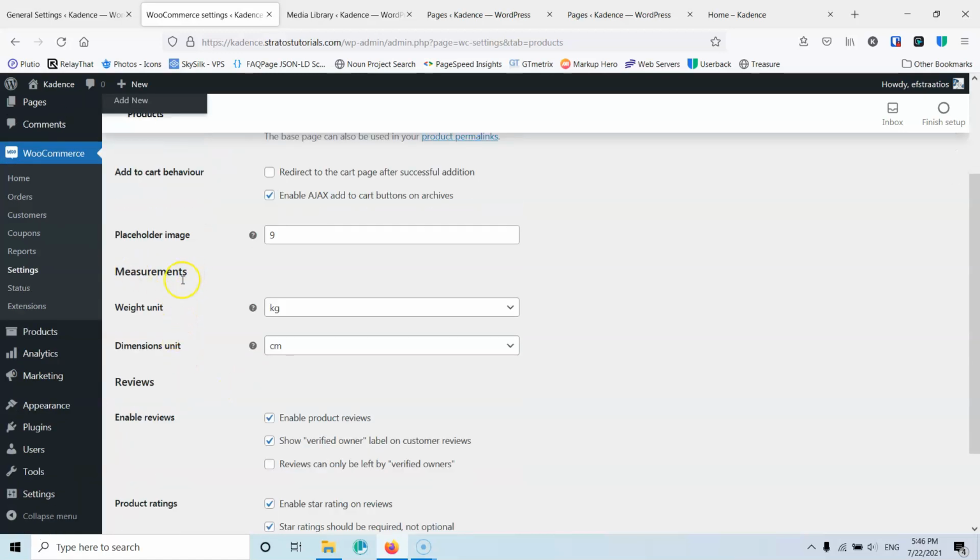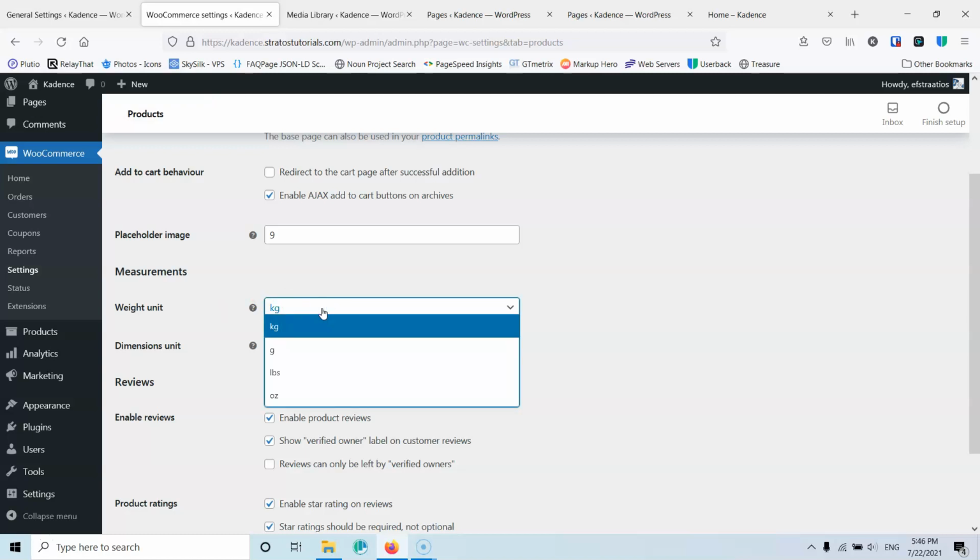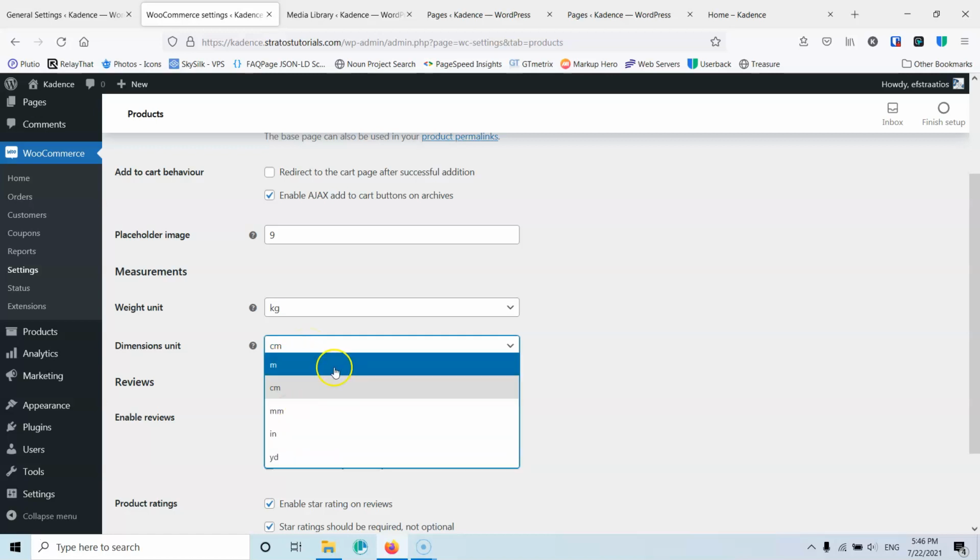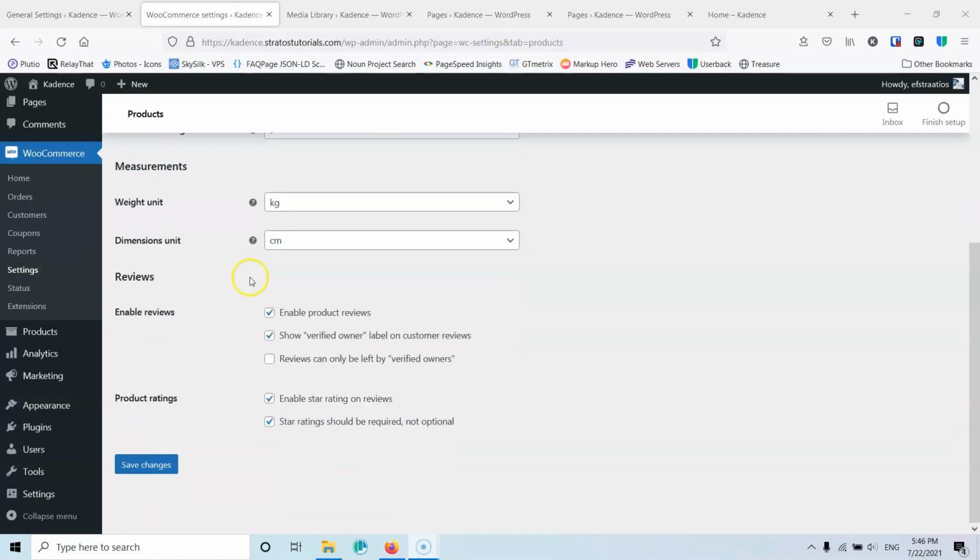Then we have the measurements, and this is the weight unit, which is kilograms for us. Then we have the dimension units, which may be centimeters or meters or whatever you want to choose. After that, we have the enable product reviews, so our customers can review the products. I can show the verified owner label on the customer reviews. So this means that if someone reviews a product, it will say that he has bought this product from our store. And you can check always the review can only be left from verified owners, which means a visitor cannot review a product unless he has already bought it,